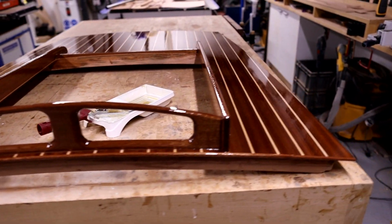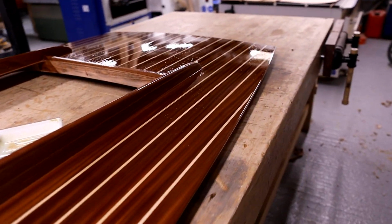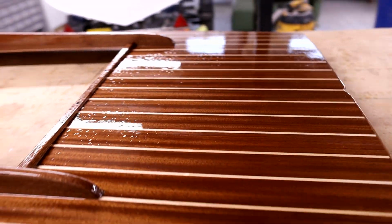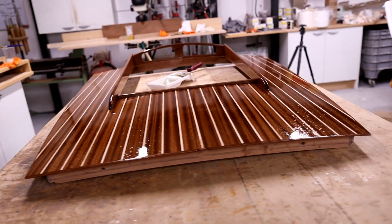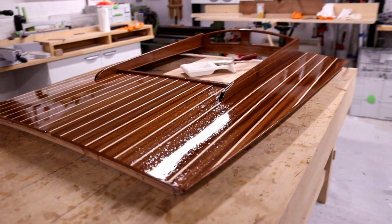We leave that to cure overnight, and then we're on to the next stage of the process on the second day. You can see that we're not aiming for a perfect finish here. We don't need to worry too much about little bits in the surface. We don't need to worry too much about bubbles in the surface or too much texture. The idea here is to get a really good coating, which is going to offer that base layer protection for